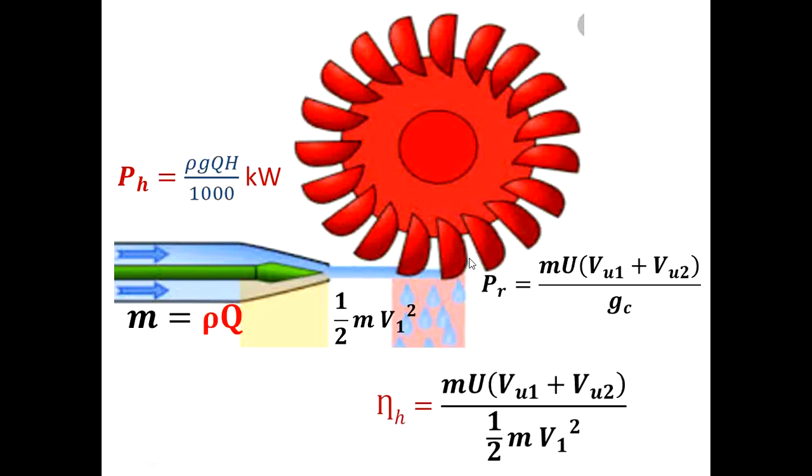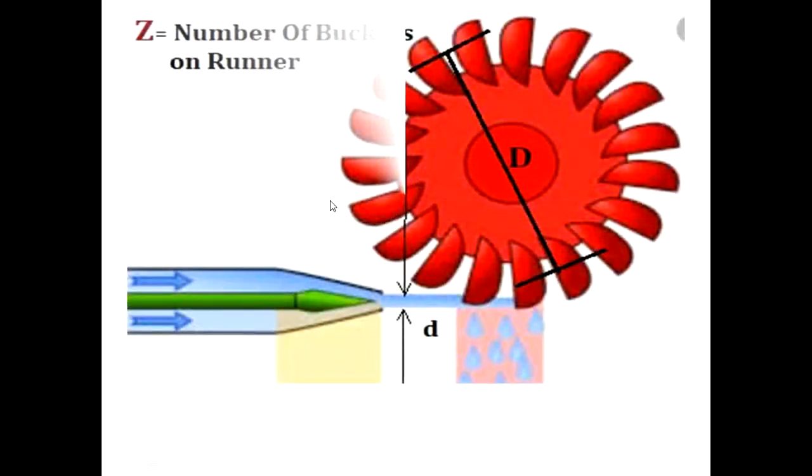In your college you will definitely have a Pelton wheel turbine. Please observe properly and try to understand these equations. Therefore, your hydraulic efficiency of the turbine: to the turbine the input is half m v square, and the output is this one. Okay, next we can go to the next slide.